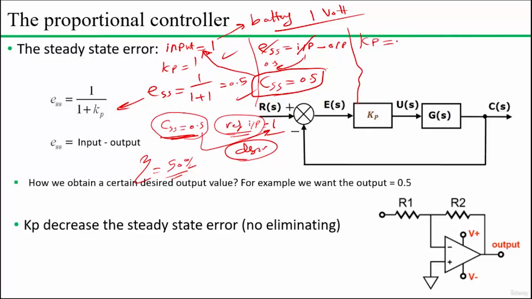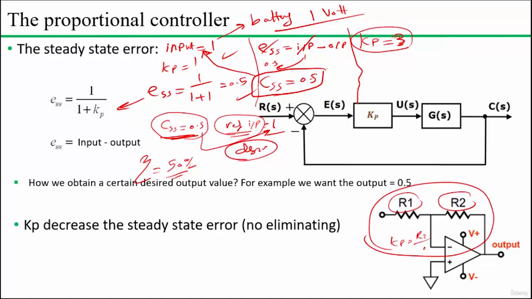We can do this by increasing the value of the kp. So let's assume that the value of kp is equal to 3. And how can we do that in the hardware? Again, if we are implementing the proportional controller in software, for example, inside the code of the Arduino, then we need to change the value in the code. It is very simple. But if we are working on hardware like this circuit here, we can just change the values of these two resistors